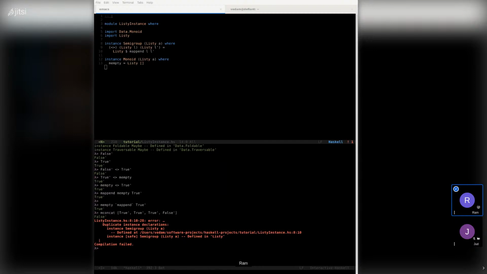And this is one of the biggest things that you need to work through. The most obvious example is what we just covered today, which is semigroups.